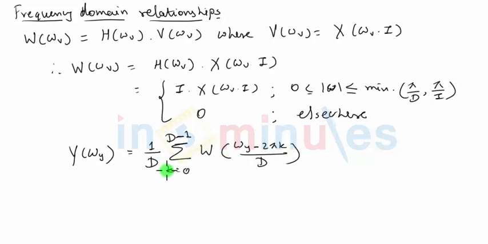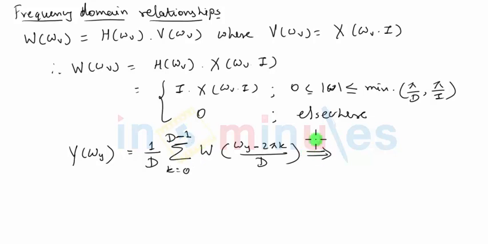The actual spectrum is only evaluated for k equal to 0, which gives you W of omega y by d. The remaining spectrum for k equal to 1, 2 up to d minus 1 is nothing but the repetition of the original spectrum, and we avoid those repetitions by using the filter. So we are already using the common filter for decimation also, and because of that common filter, I can ignore all the spectrum for the values of k starting from 1 up to d minus 1.